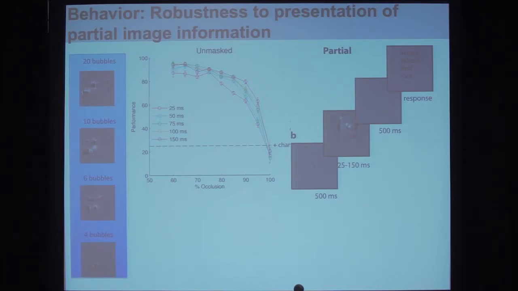We created images such as the ones shown here for the toy school bus. This is using a technique that's common in the psychology literature called bubbles. Essentially, it's like looking at the world like this. So you have a few apertures through which you can look at objects. So you have a pretty severely degraded version of the object.